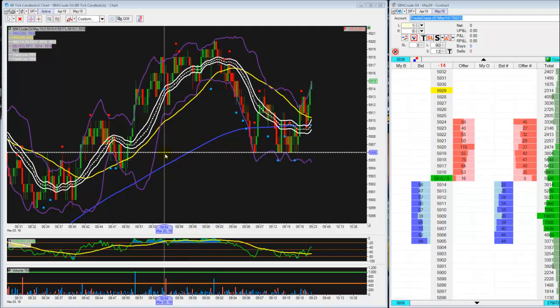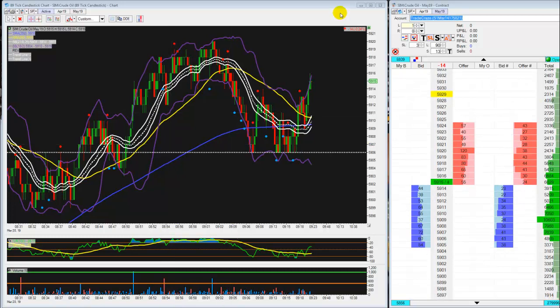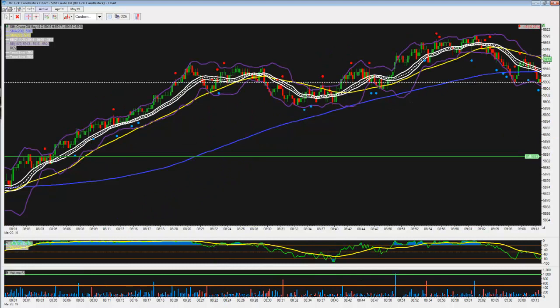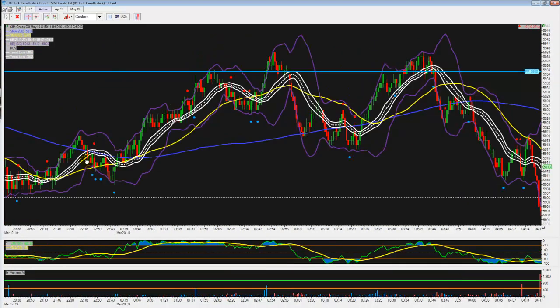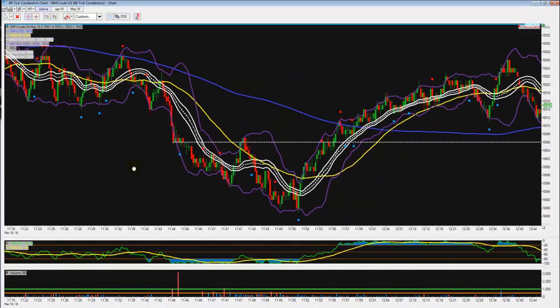If you go back and look at where I put it in the charts earlier today, where I believe there was some interest, this is the highest volume bar from yesterday,